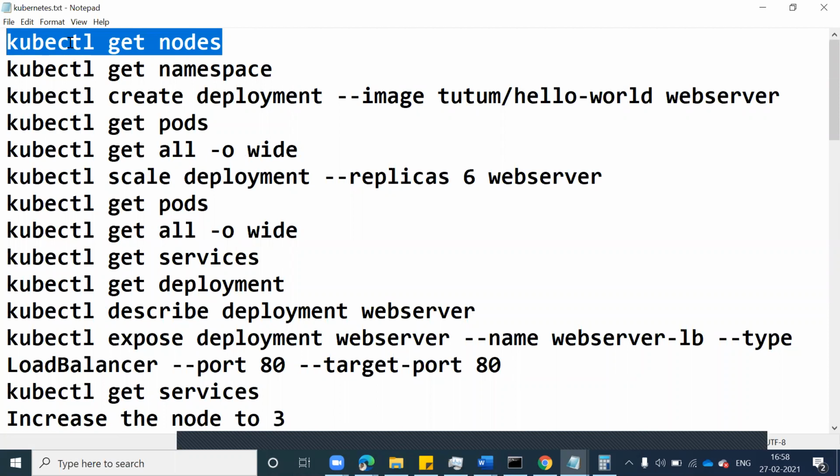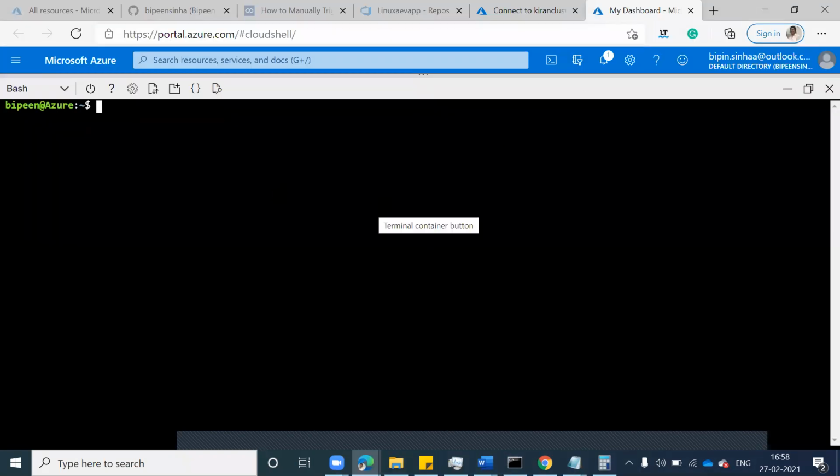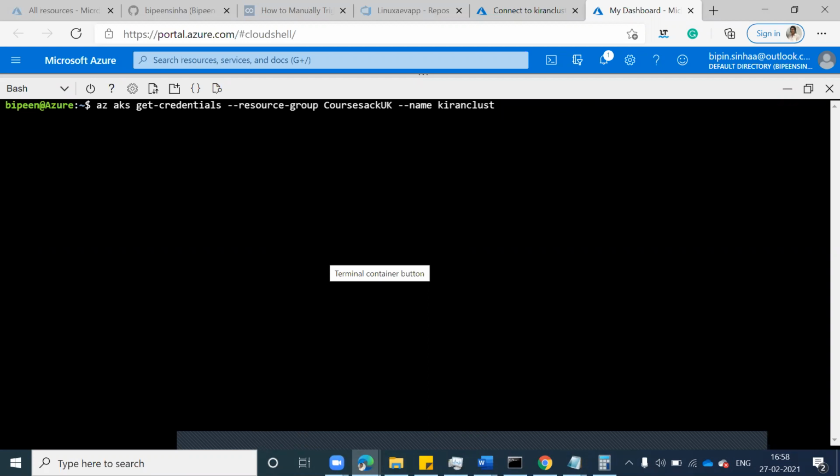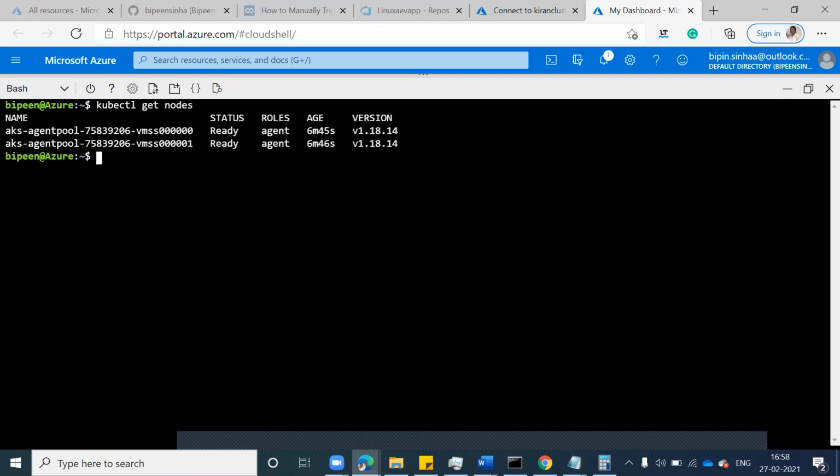Just copy that and paste it into the cloud shell. We see that currently you have only two nodes, right?